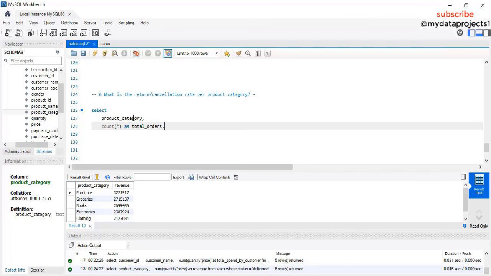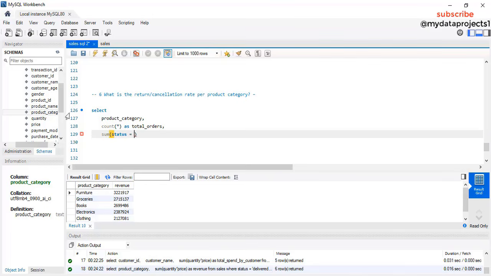Okay, comma, then return. We'll find the sum of where the status is equal to returned,